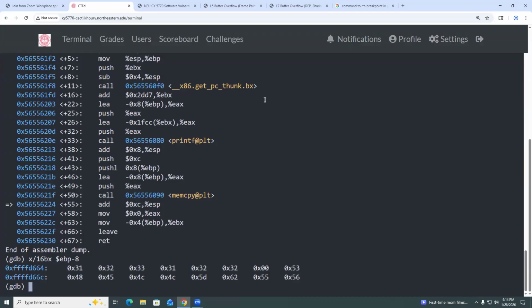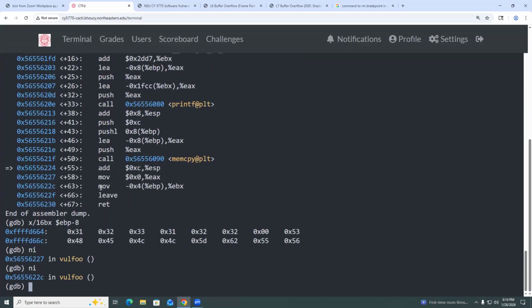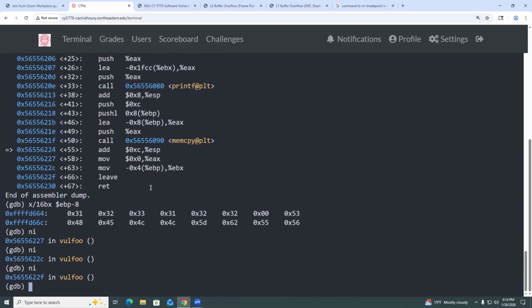We are here. So the next instruction to execute is AND this number to ESP. We do an NI to go one more step. Do another NI to move 0 to EAX. So here we're using AT&T syntax. Sorry about that. Now we're moving EBP minus 4, whatever, to EBX. Probably doesn't really matter what we're doing here. So now we are at